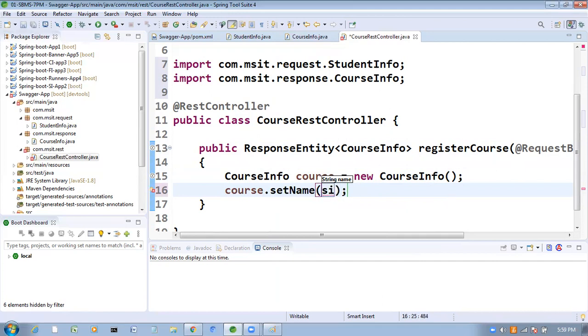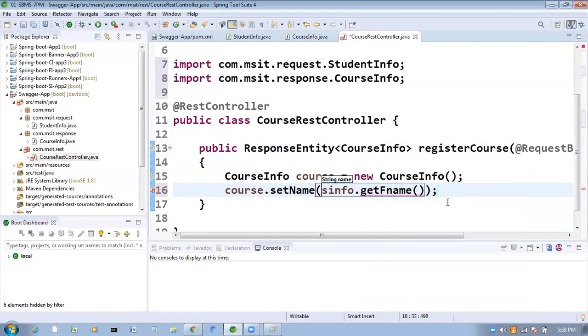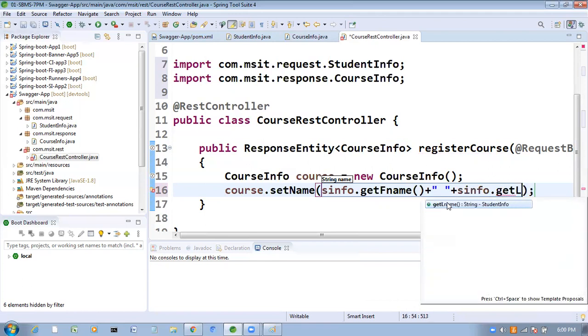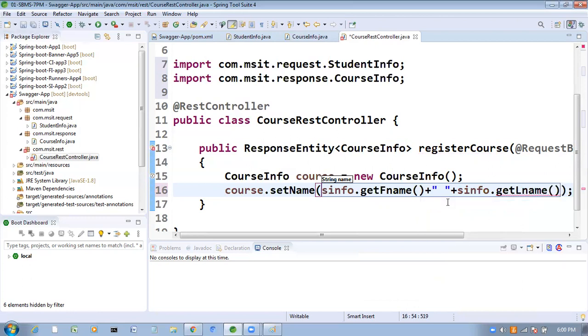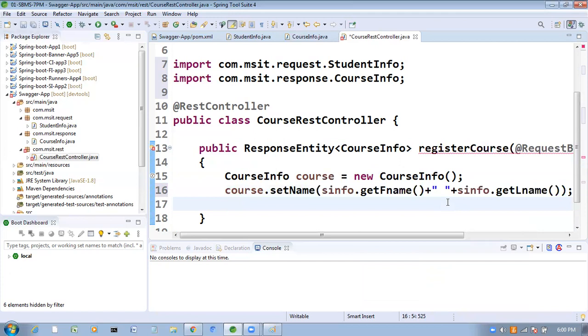Yes, StudentInfo. yesInfo.getFirstName plus, here I am going to take yesInfo.getLastName. I am taking it here. Once you got the name, next set the mail id, and set the remaining things also.